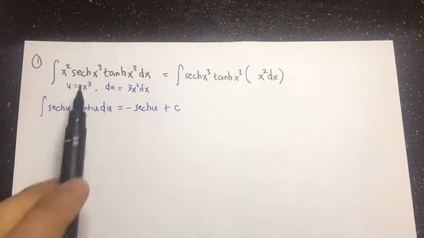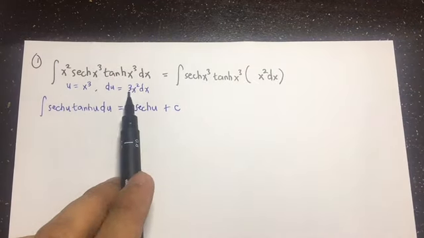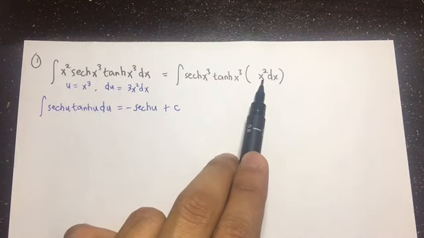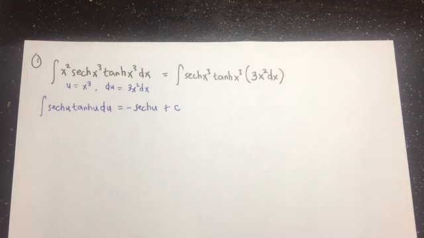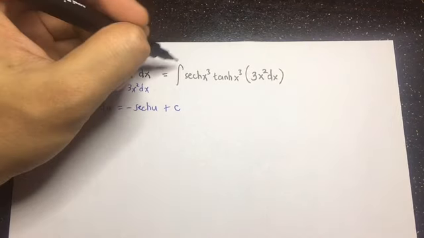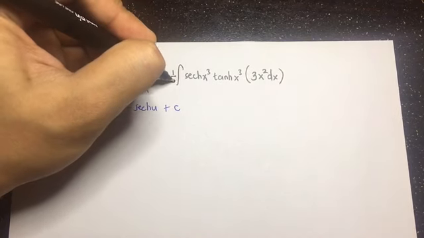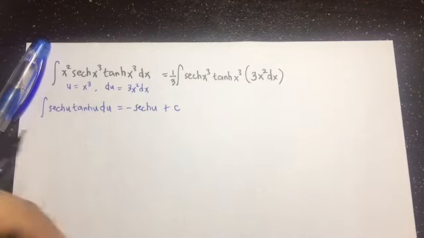Okay, so to complete the differential, the complete differential is 3x squared dx. This is only x squared dx, so we need to place a coefficient there, 3. To balance that, outside the integral sign, write the reciprocal of 3, which is 1/3. Okay, so with that,